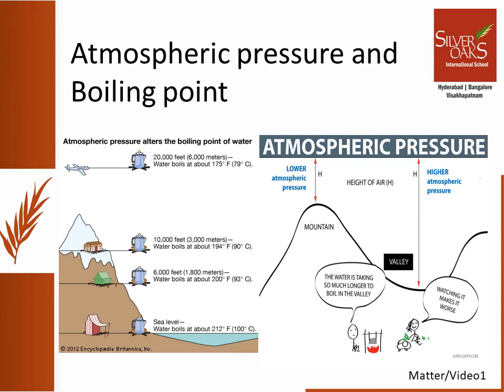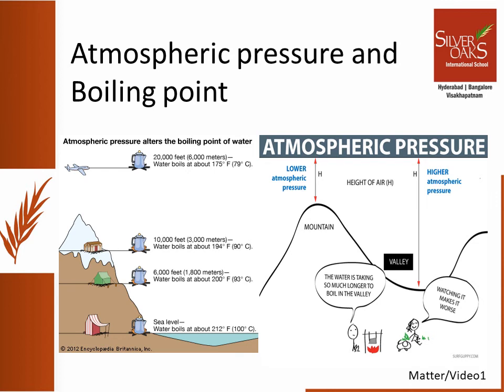Why does this happen? This happens because at ground level, the atmospheric pressure is at its highest, since the atmosphere or air is very, very dense. To equalize with such atmospheric pressure, water has to absorb more heat, thereby reaching the vapor pressure which equalizes with that particular atmospheric pressure. Since it absorbs more heat, the boiling point of the water is higher.